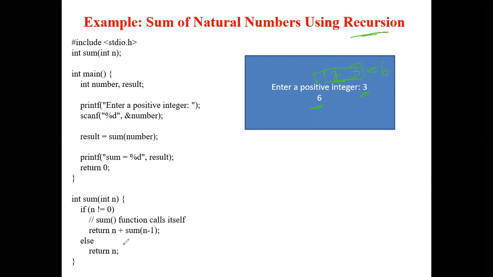So here, this is our main program. We are having a function sum with a number as a parameter. We are making the call to the function. So here we are having the if condition, n not equal to 0, return. Again we are making the call to the same function with one parameter. Remember, this function will take only one parameter, the parameter we are passing. So let's analyze this program.